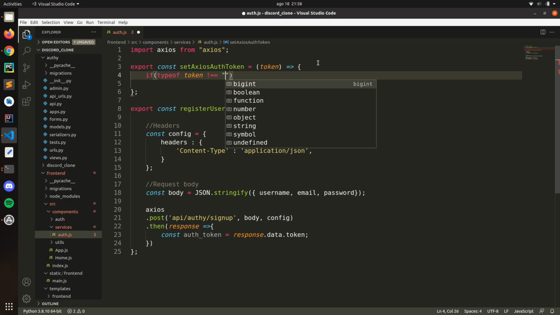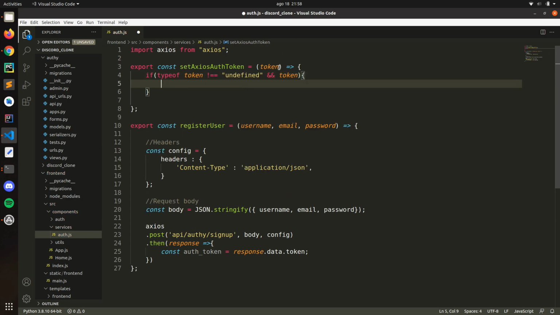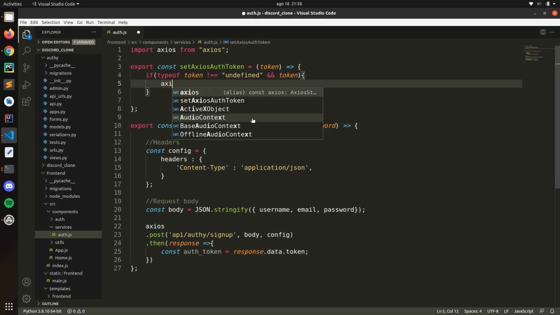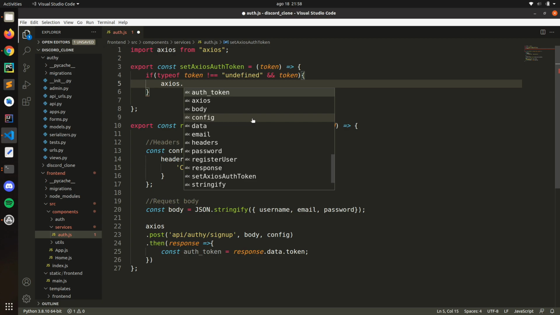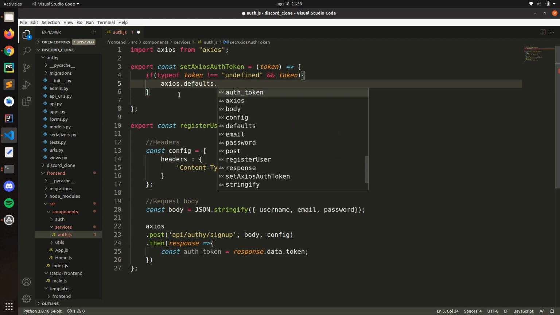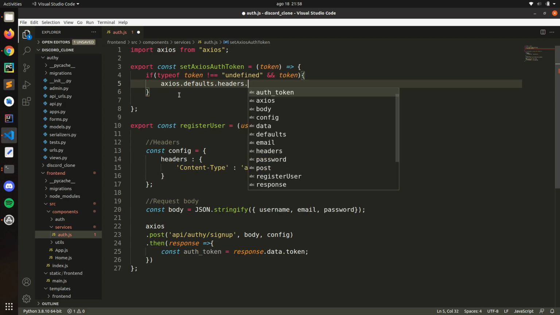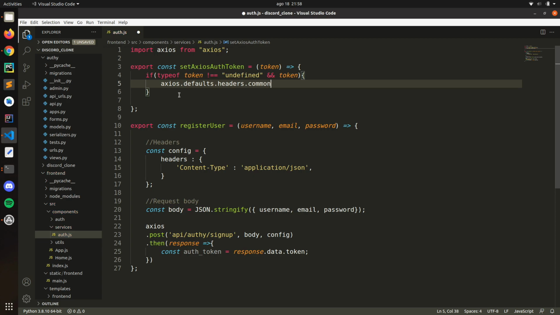It's different than undefined and token. So if the token that we're getting here is different than undefined, now we're going to use axios.defaults. You can see here the defaults.headers.common, and then here we will have an